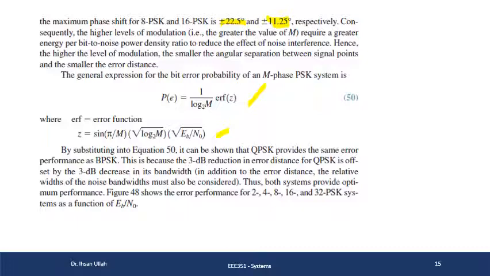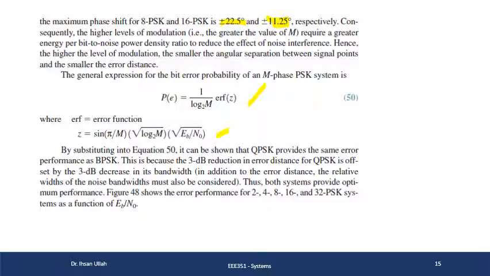अगर आप ये वैल्यूज प्लग इन करें और QPSK, you will see that BPSK and QPSK are going to give you same performance। ये इस वजह से है कि आपके पास there is a 3 dB reduction in error distance of QPSK and it is offset by 3 dB decrease in the bandwidth। तो बैंडविड्थ जो हमने देखा था, बैंडविड्थ कंप्रेशन वाली चीज़। और जो रिलेटिव विड्थ्स हैं, नॉइज बैंडविड्थ, it also must be considered, ठीक है, क्योंकि इफेक्टिवली जो आपके पास नॉइज की बैंडविड्थ है वो भी तो कम हो रही है जैसे जैसे सिग्नल की बैंडविड्थ कम हो रही है, ठीक है जी।